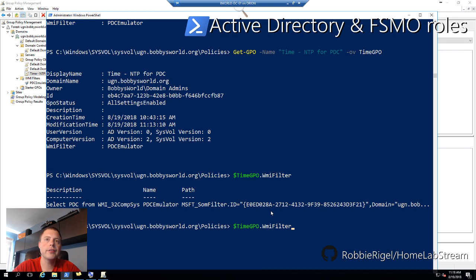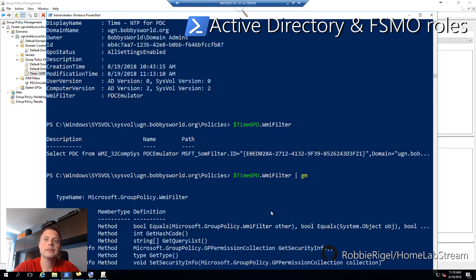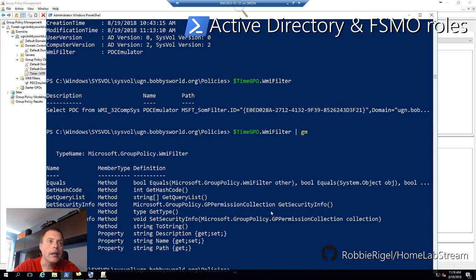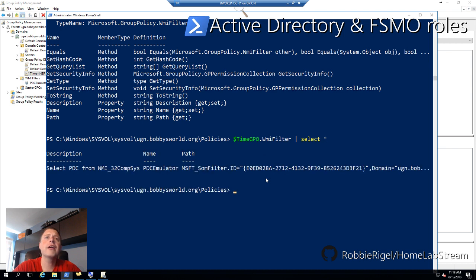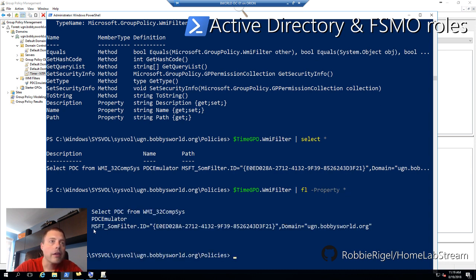The WMI filter looks like it's all... let's see here. Actually, if I do Select-Object star, that is everything. That is everything. All those three objects here. So here we'll do Format-List -Property star. Let's see here. And the rest of these are just, you've got security info is a group policy GP permission object. And